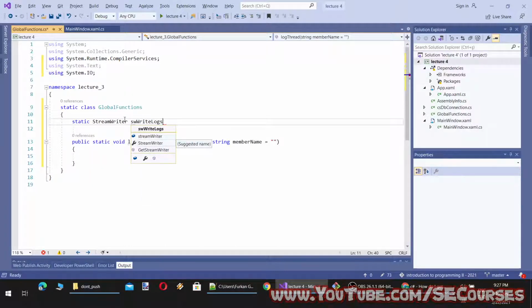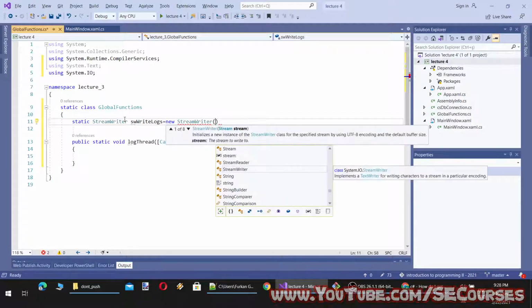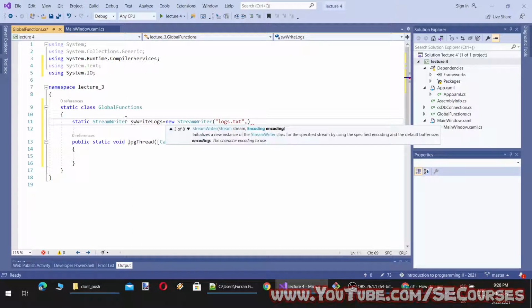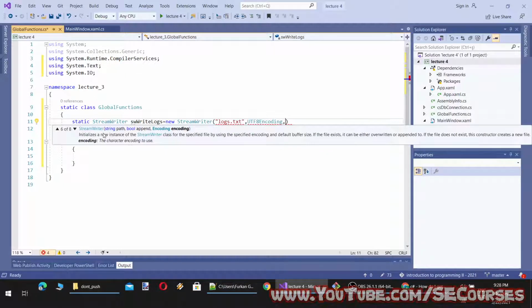Logs equal to new StreamWriter, and let's give it a name, logs.txt, and we will make it UTF-8, and I need it to be appending, perhaps.